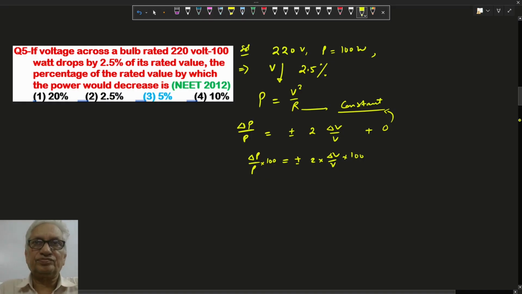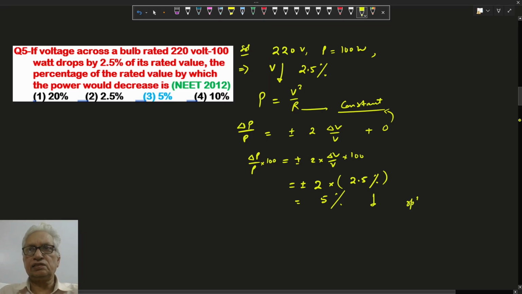So here it is 2 times 2.5% decrement, so there is a decrement of 5% in power. So the option here is